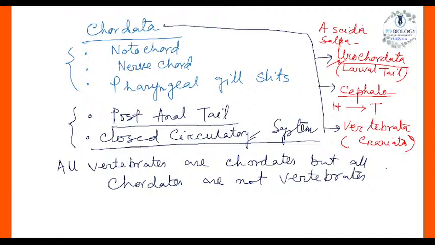The chameleon, the macropus, all are the groups of vertebrates. So the Vertebrata, if we divide the vertebrate